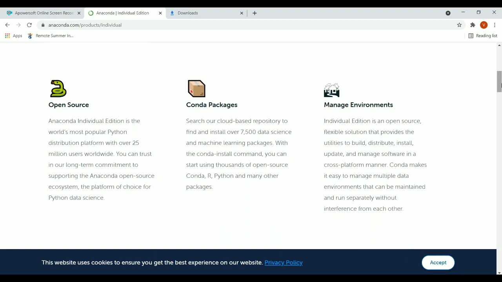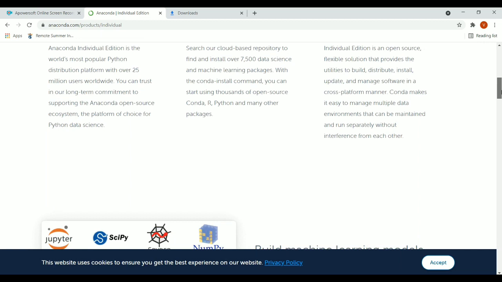It is the most used Python distribution platform which supports different packages. It has packages which allow developers to code different machine learning algorithms. Also, we can develop different codes in R language as well as in Python language. So it's an open source flexible solution that provides the utilities to build, distribute, install and update different software.